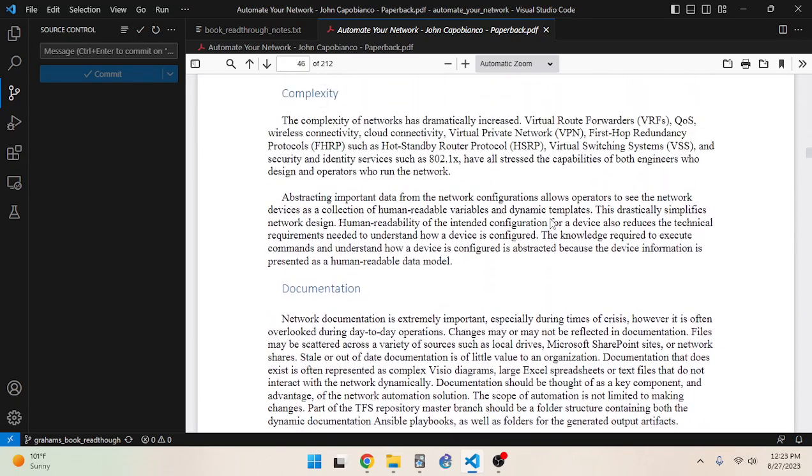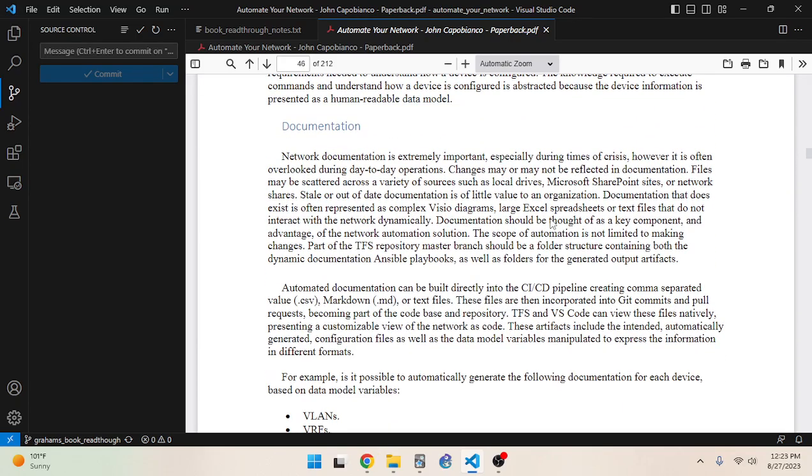Alright, so next section is documentation. Network documentation is extremely important, especially during times of crisis. However, it is often overlooked by day-to-day operations. Changes may or may not be reflected in documentation. Files may be scattered across a variety of sources such as local drives, Microsoft SharePoint sites, or network shares.